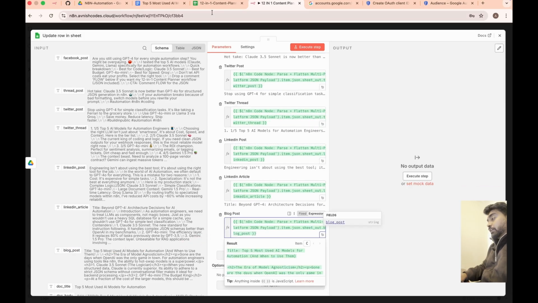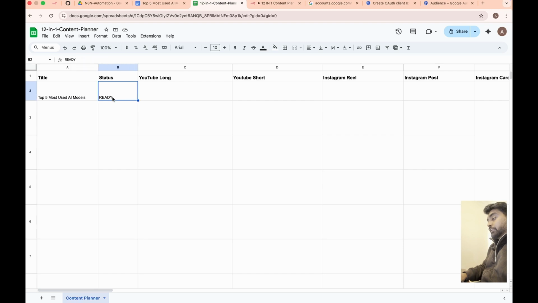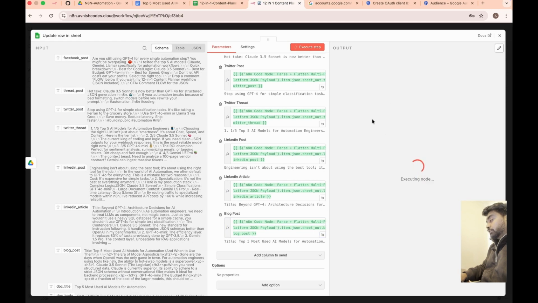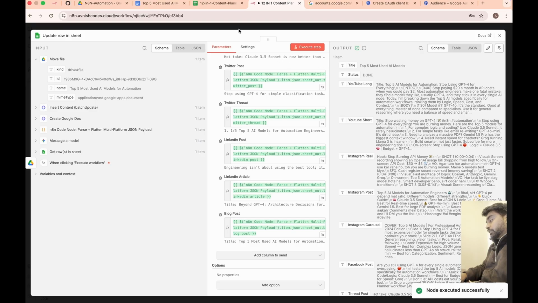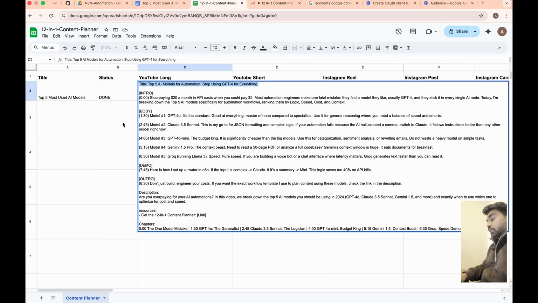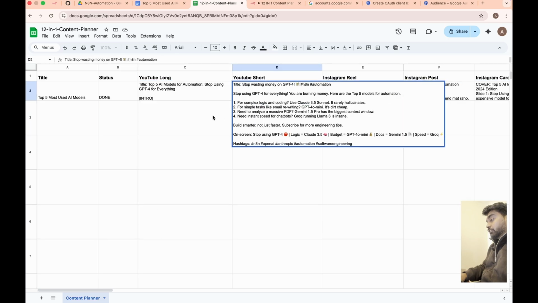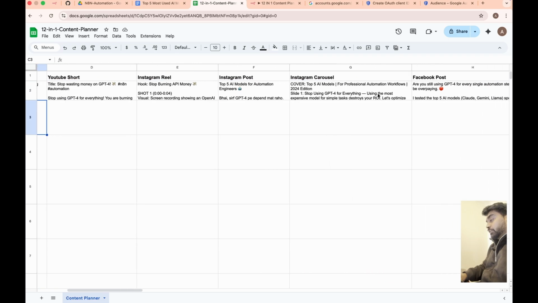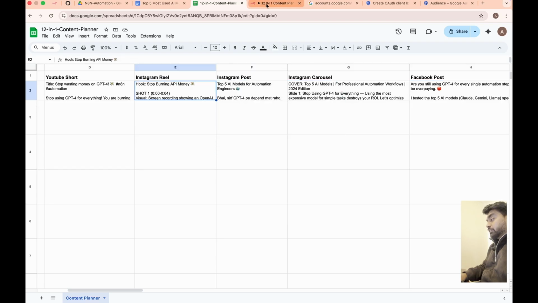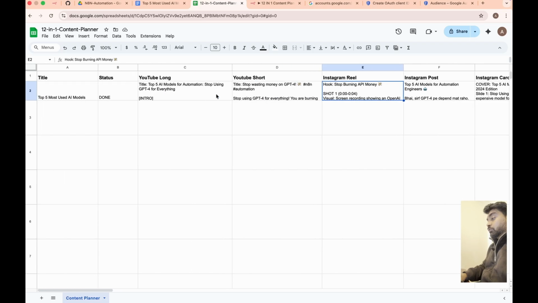And if we go back to our Google Sheet, you see currently it's ready, nothing is there, but as soon as you click on this execute button, you will see there is an output, and when you go back, you will see all the information related to your content planner in your Google Sheet. You can also review that. If you need any changes, you can rerun that AI model to update that content one more time. To rerun it, make sure you make it ready again, because once it is done, it will not pull it.